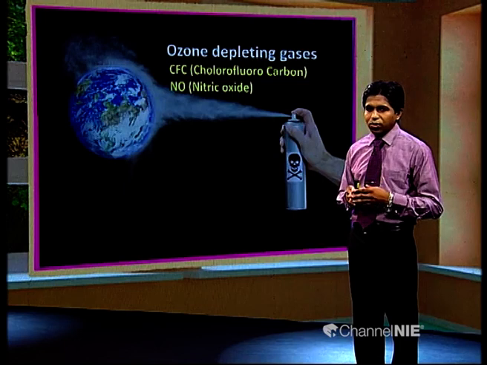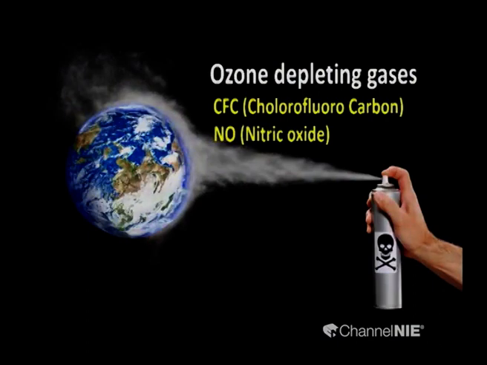So from where are they released? If we know the sources of these 2 gases, we can minimize their emission to the atmosphere. Aerosols, spray paints, hairspray, refrigerators, and air conditioners are the main sources of CFC. Therefore nowadays, we use ozone friendly, ozone safe gases instead of CFC, where some of the halogen atoms are replaced by hydrogen. These ozone friendly gases are called HCFC. Nitric oxide is mainly emitted by vehicle emissions due to combustion at high temperature.